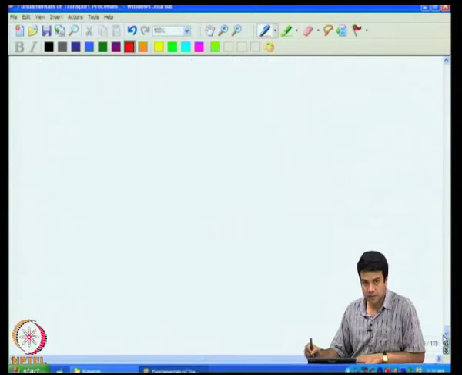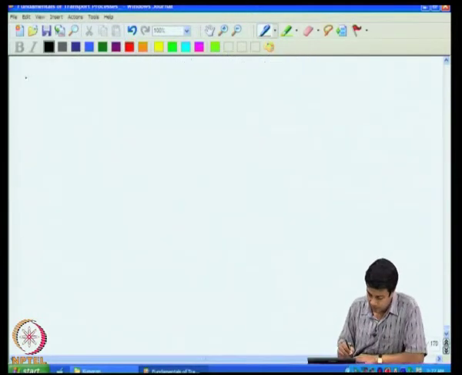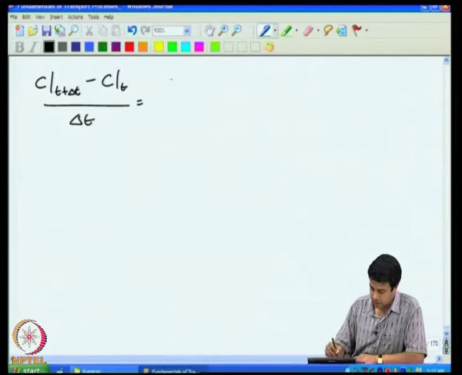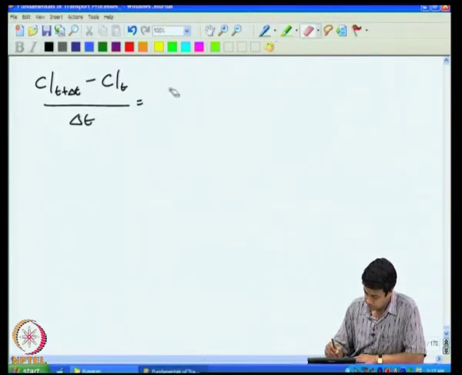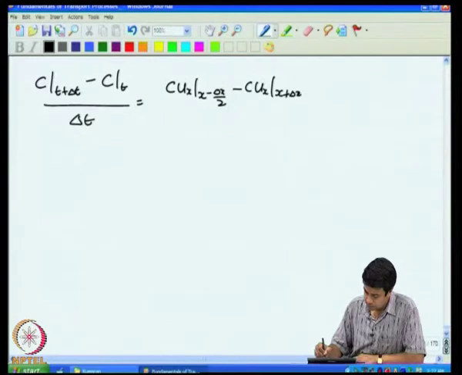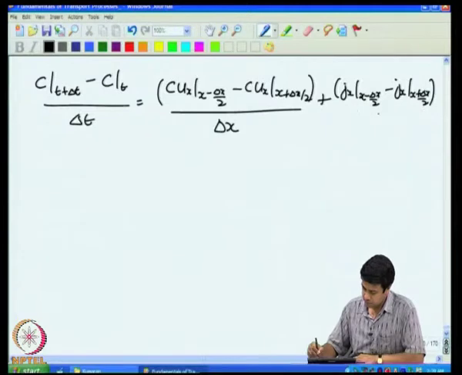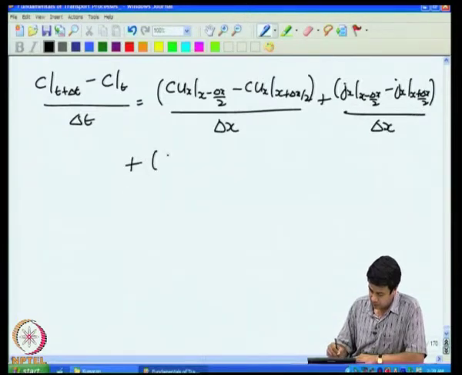Divide throughout by volume and time. Okay. And the equation that I get will be C at t plus delta t minus C at t divided by delta t is equal to plus Cuy